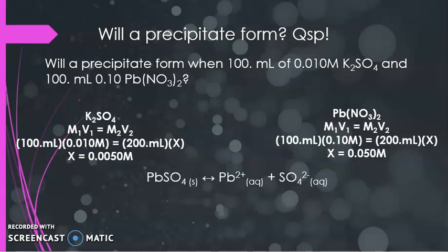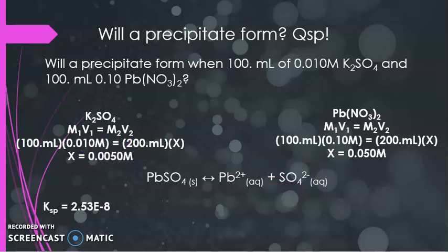What I do know is also this. I'm going to need the lead concentration. Luckily, the lead concentration is going to come from the lead 2 nitrate. There's a 1-to-1 molar ratio between lead and lead nitrate, so the concentration of lead must be 0.05 molar. The other number I'm interested in is the concentration of the sulfate, and I'm going to get that from right here. Luckily, there's also a 1-to-1 molar ratio between sulfate and potassium sulfate, so the concentration of the sulfate is also 0.005 molar. Now I can write an equilibrium expression,